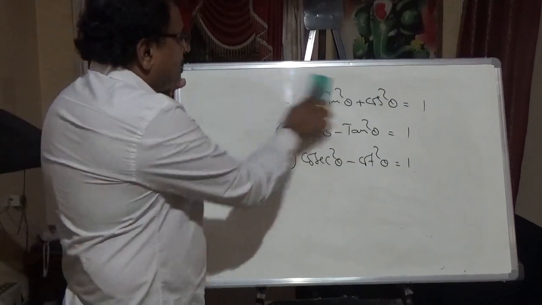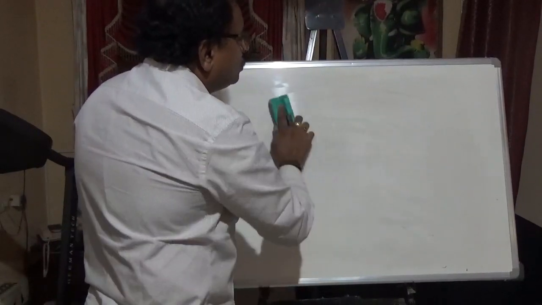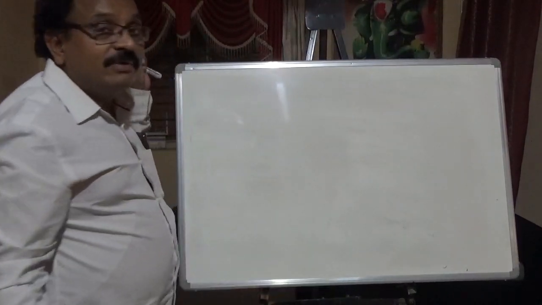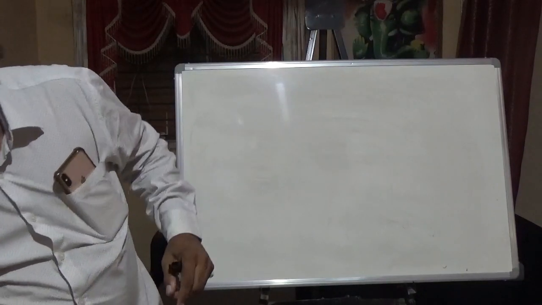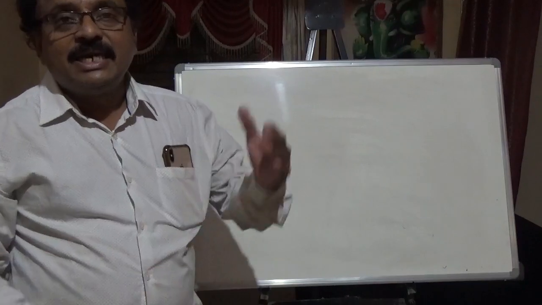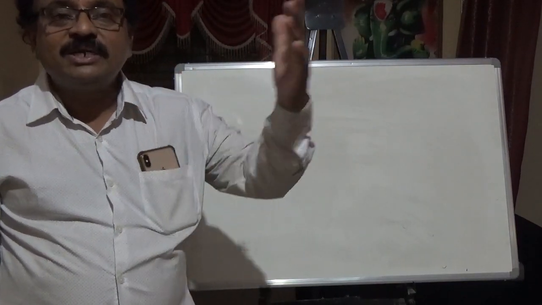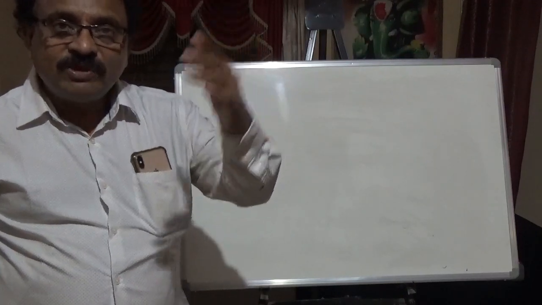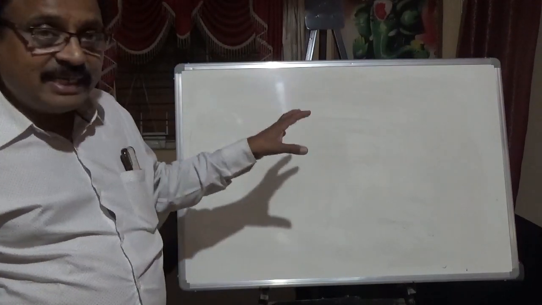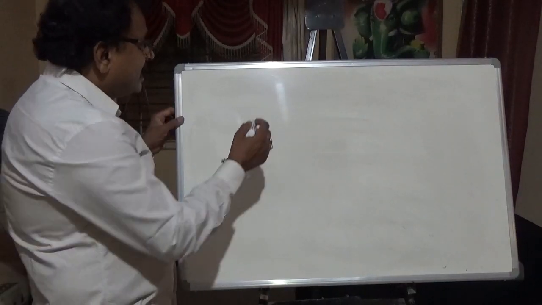Next, here we need to understand how we can find the values for angles, for example 0 degrees, 30 degrees, 45 degrees, 60 degrees, 90 degrees. How to find sin 30 degrees? What is sin 45 degrees? What is tan 60 degrees? To find all this, there is a technique. I will tell you the table. So the table is like this.